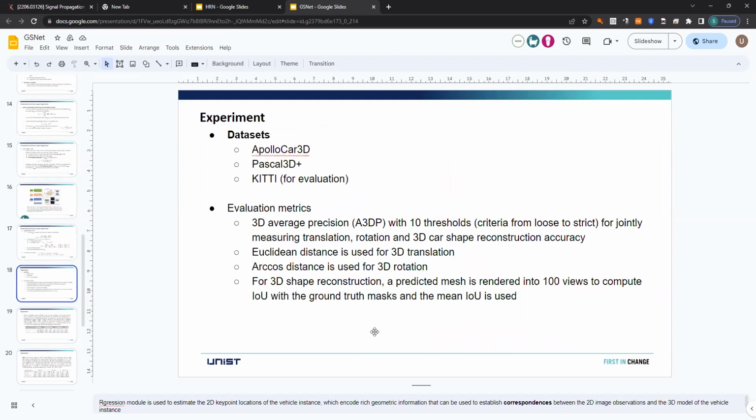And in the experiment, they used the Apollo Car 3D dataset for training. And then they also used the Pascal 3D+ dataset, but only the car instances from it. And they used the KITTI dataset only for evaluation. And in the Apollo Car 3D dataset, they have a new evaluation metric, which is R3DP, which has 10 thresholds for jointly measuring,